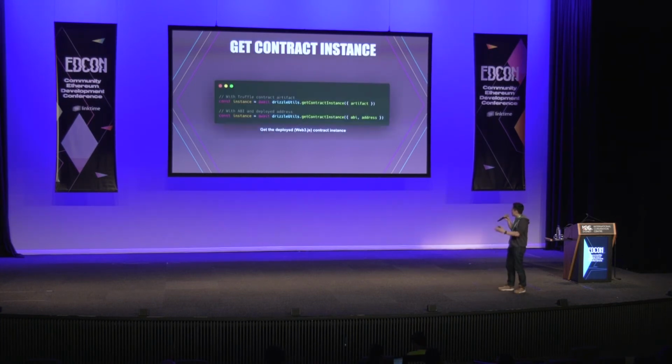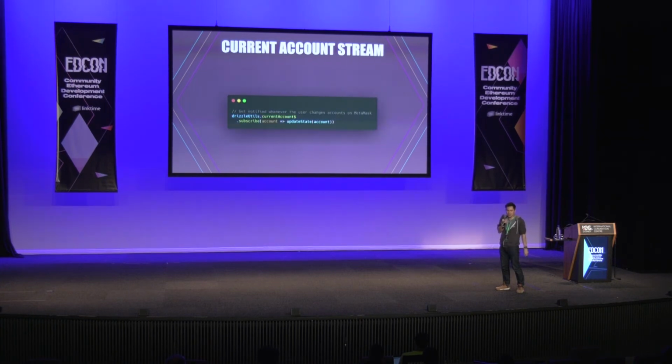All right, so getContractInstance. A lot of people say, I hate Truffle Contract, I don't like to use it in the front end, or it's breaking my tests and things like that. I understand it, I get it. You like your web3.js or ethers or whatever. We're using web3.js here, and we have a convenience function. These are all just convenience functions. You can pass in a Truffle artifact or an ABI and an address, and it will give you the web3.js contract instance, the deployed instance as well. If you're going to use Drizzle utils, you might as well. It does the same thing as what you would do manually with web3.js.